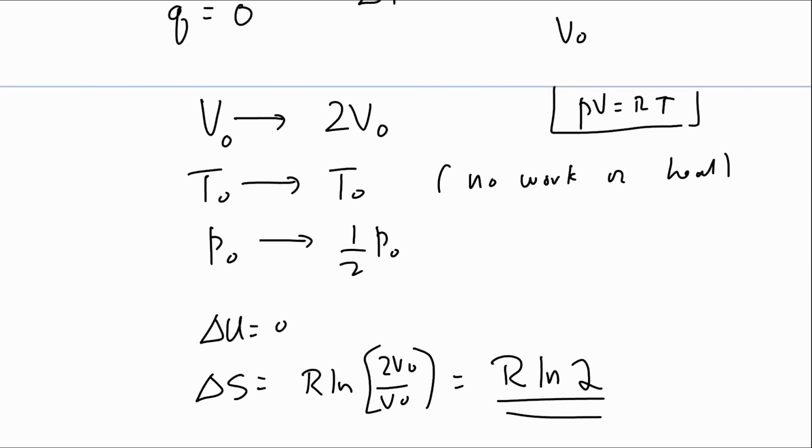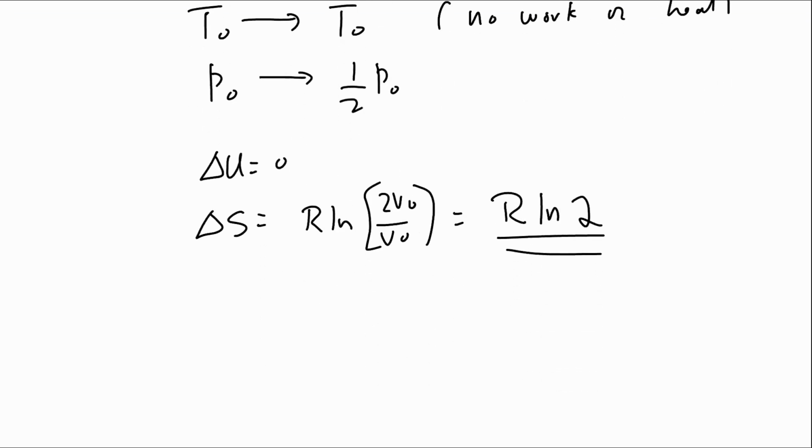But of course, the entropy of the universe is different. So delta S of the system is R log 2. So this is a free expansion. This is a problem where I don't think we ever did a free expansion problem. We can do it. There's another variation of it,